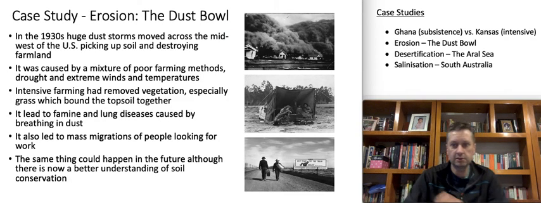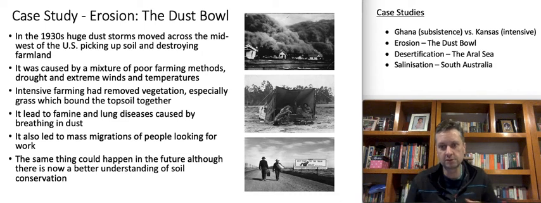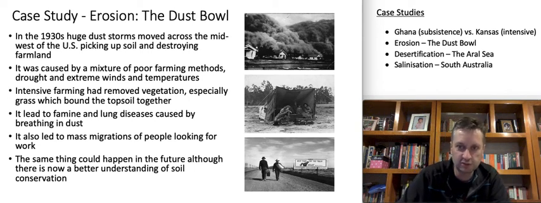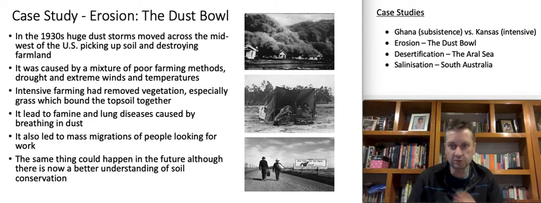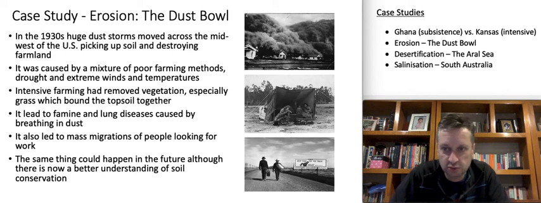So on the next slide, we can talk about the Dust Bowl of the 1930s in the US. What happened was, in the 1920s and the early 1930s, in the breadbasket states of the US, the soil was over-farmed and became very degraded and infertile as a result. It coincided with a long period of drought and a period of very intense windstorms. Because the soil became so degraded and so dusty, when these storms swept across these huge open pieces of land,